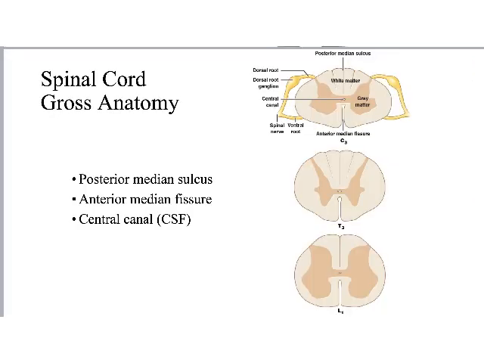Okay, we can also look at cross-sectional anatomy of the spinal cord. If we take a cross-section, remember that's like a horizontal cut through the spinal cord, this is what you would see. You can see that in general, whether you're in the cervical, the thoracic, or the lumbar, so this picture is showing you cervical and thoracic and lumbar, that you have